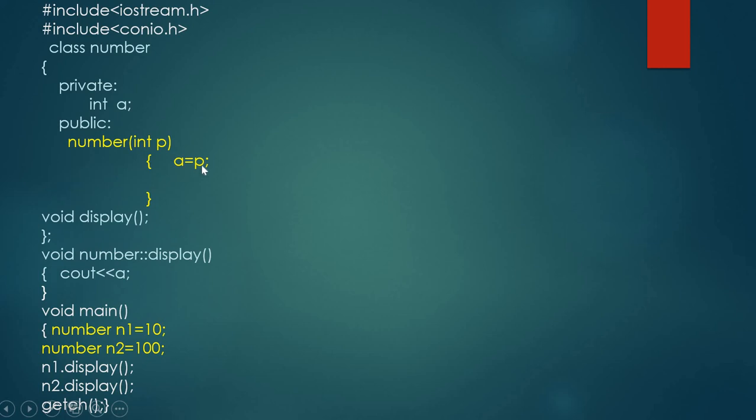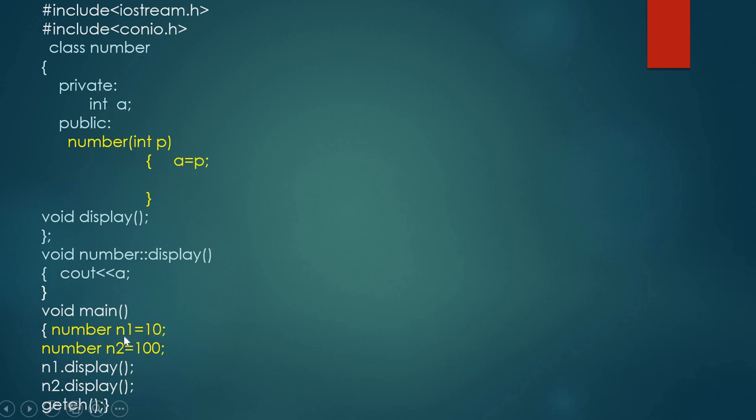Here this A is initialized with the P, and one display function. See, in the void main, number n1 is equal to 10 means the third method is being used. This is the declaration of the object followed by assignment operator and value to be initialized.